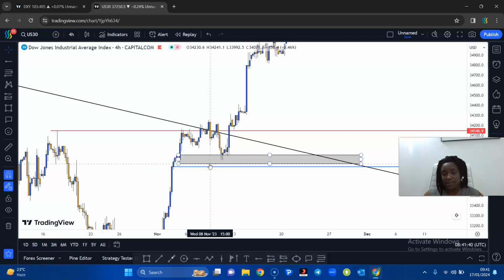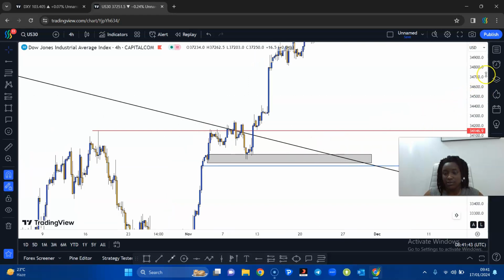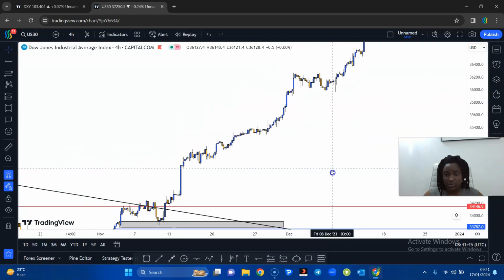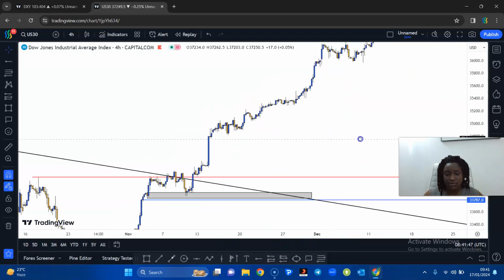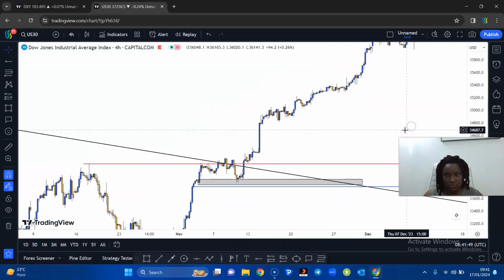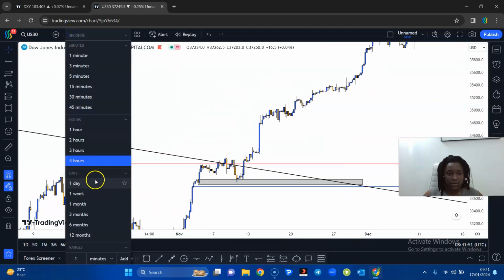zone. Now, if you see what's going on here, we're risking very little to gain so much because, I mean, see how far market has moved. I mean, some people will not know to hold market this long, right? But if you go back to the daily time frame,